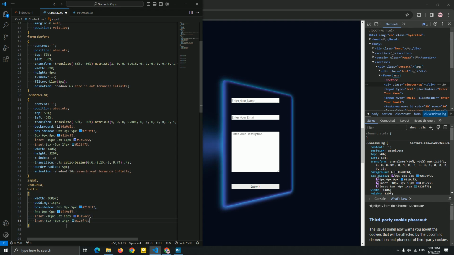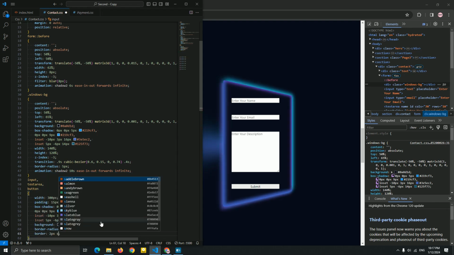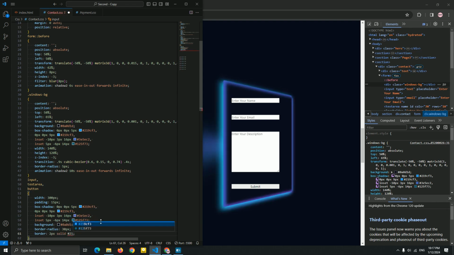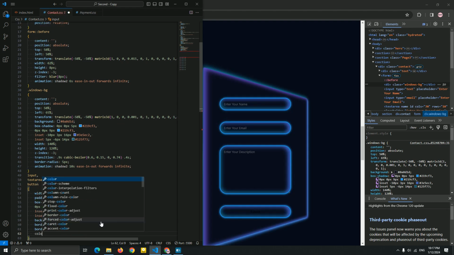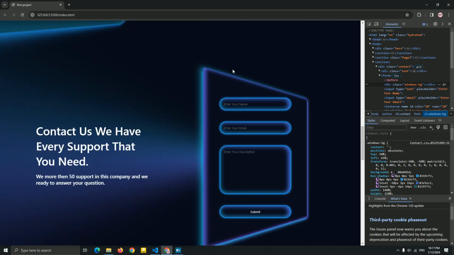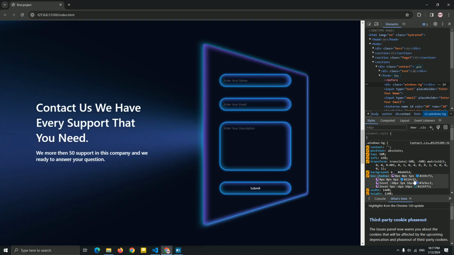Change it 5 pixel, good. 9 pixel, okay. Minus, this is good. We just add the background of this color, okay. Black color, border radius. Let me add the border, 2 pixel solid, and add this color. Yeah, okay. Let me just add the color white. And I think we have too much,